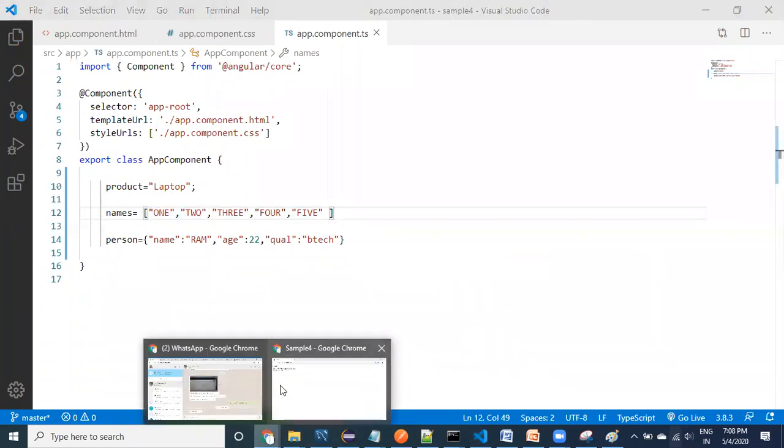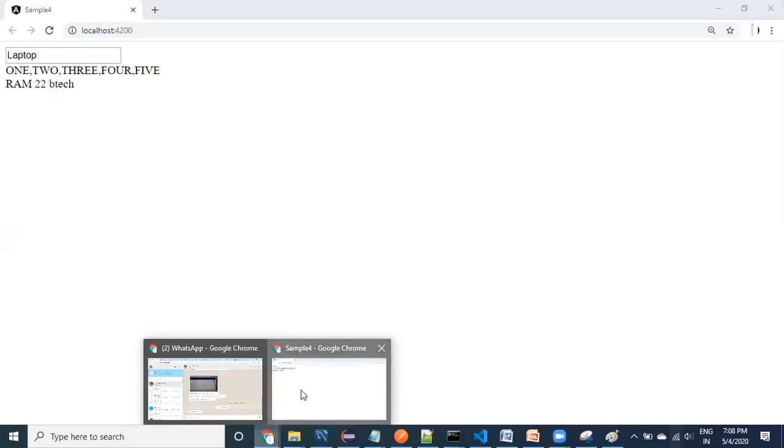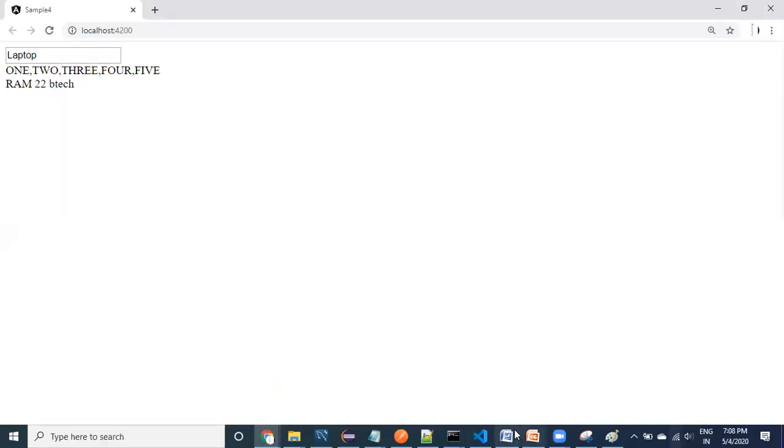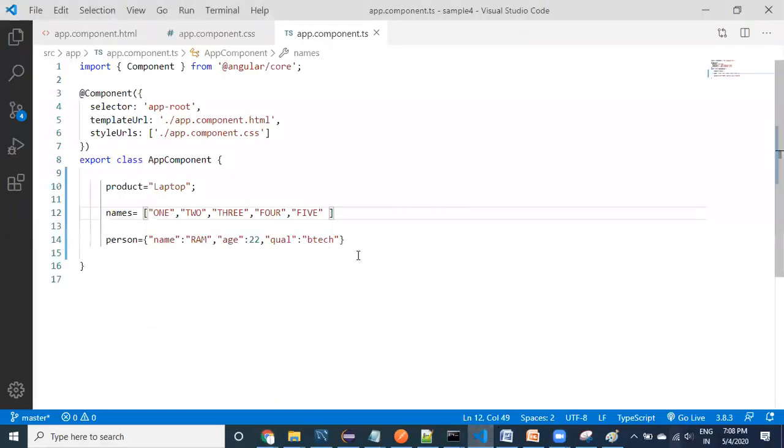See here, guys, if you display like this, how are you displaying? As it is. Whatever values we have, all values we are displaying like this. But we don't want to display like that. First, I will show you how I would like to display these values. Let me go to the code.